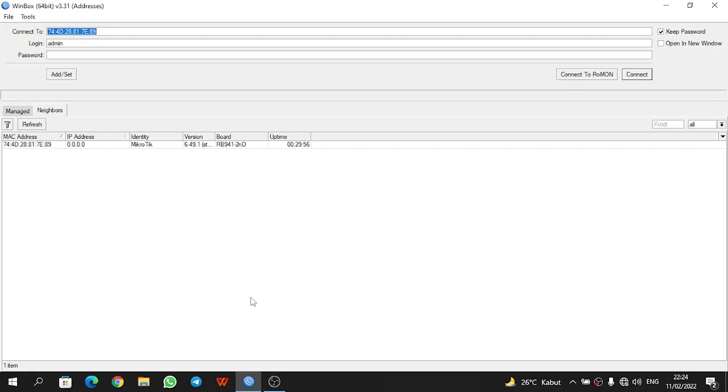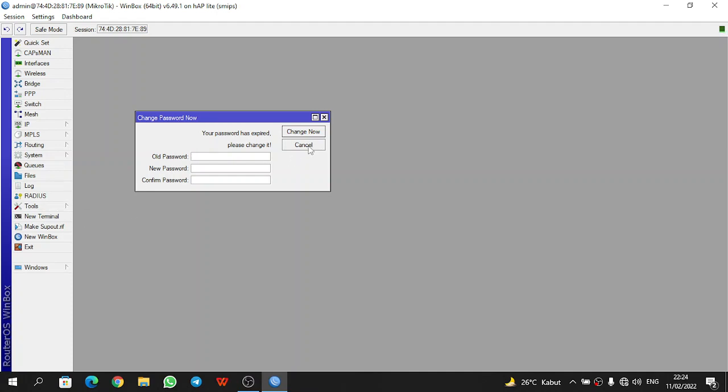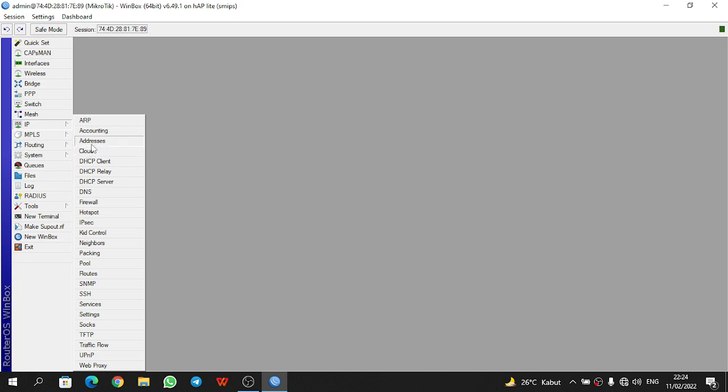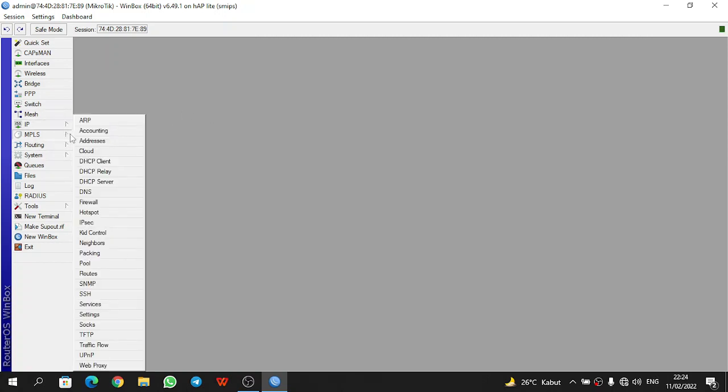In the first step, we log in to the router board. Select this MAC address, and first we give an IP to the router. My cable is plugged into Ether 2. First we add the address: select IP and click Address. In this Address menu we can add the address.